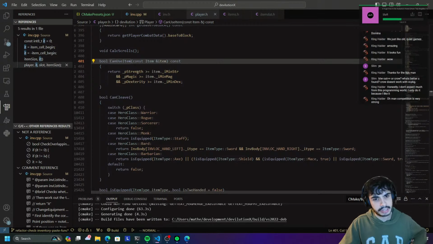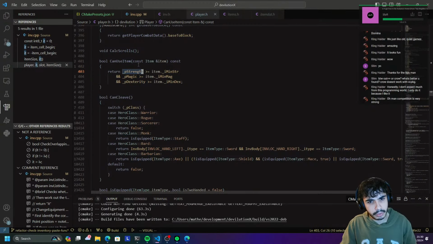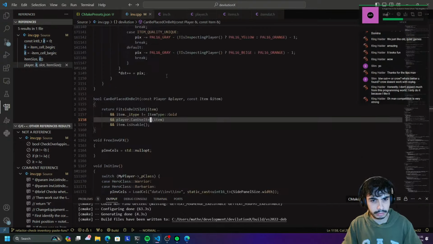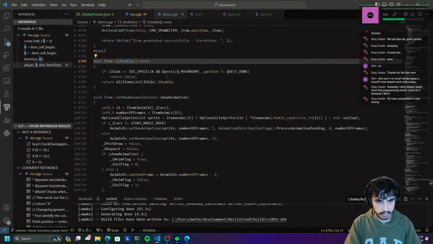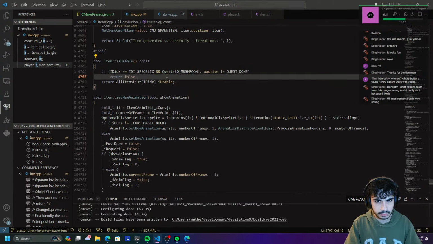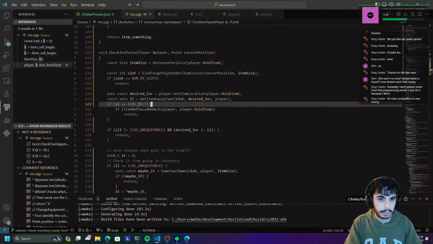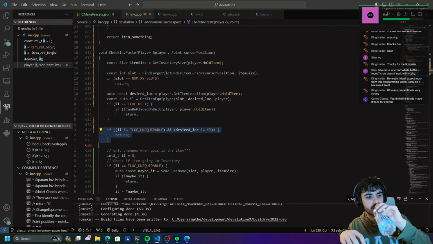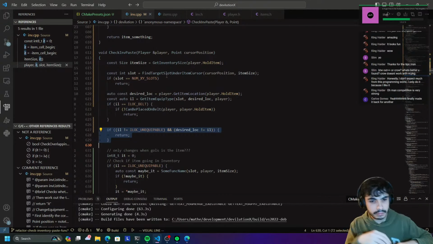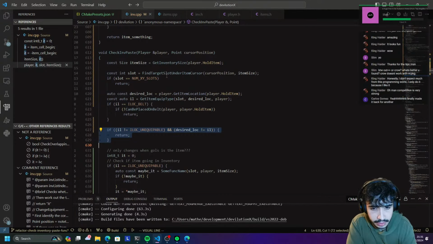This is just checking the player's stats, so the player strength is more than the item minimum strength and whatnot. And that the item is usable as well, right? Yeah, cool. But this kind of makes sense. This one is the one that is throwing me off a little bit. Because if the item is unequipable, and the desired location is not the same as the item location,